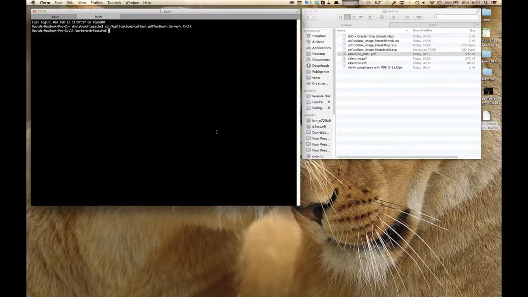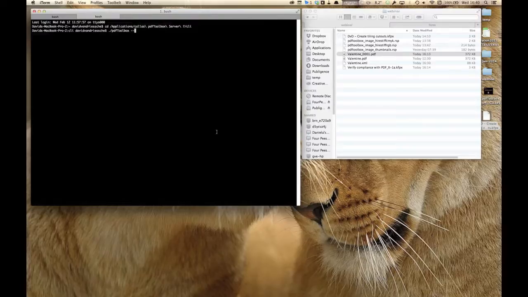And the first thing I'm going to do is set up my load balancing environment. I could do this with the desktop application. As you saw last week, the desktop is really the user interface for pdfToolbox server. But because we're in the command line here, I don't want to do that. I want to show you how to do it with the command line. And in that case, what I need